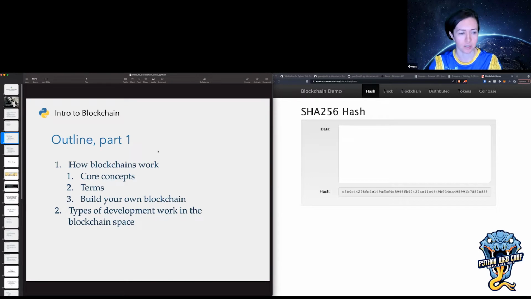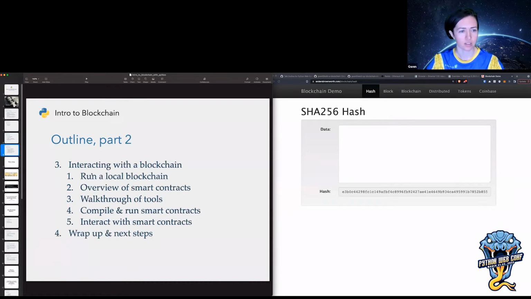I think that was one of the things that really helps people learn about blockchain development. And then in section 2, I'm going to talk about, like I said before, the types of development work in the blockchain space. And then I'm going to start interacting with a blockchain, and you can follow along. I have a link and some different code repos on GitHub. So we're going to talk a little bit about smart contracts. I will be using another language called Solidity, but if you know Python, you'll understand what's going on in Solidity. So I'm just going to do a brief overview of that as I talk about smart contracts and how they might be deployed and interacted with on the blockchain.